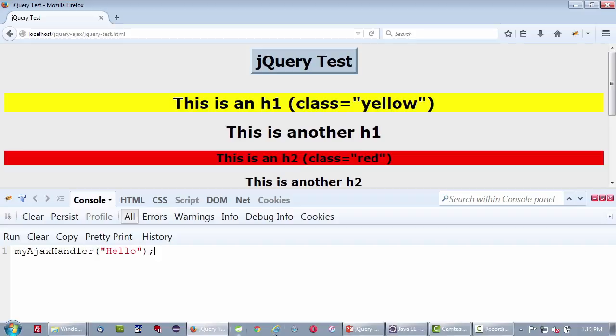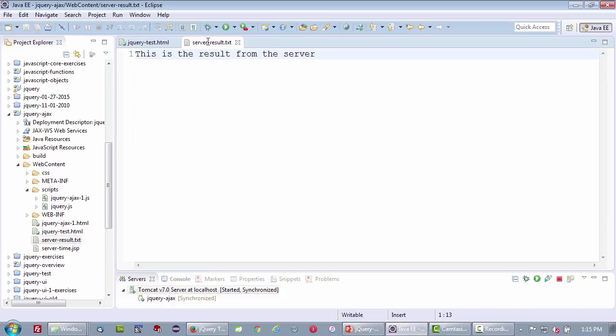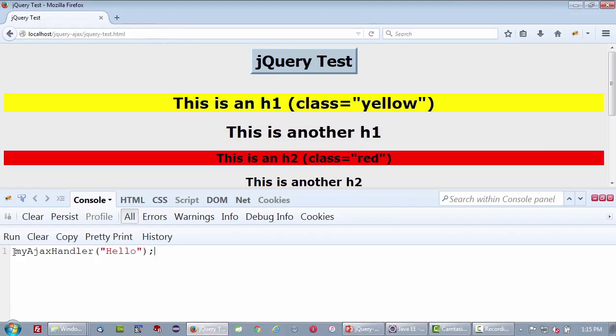And so remember, server-result.txt is the name of the resource on the server. So I'll say $.ajax, notice the dot, parentheses, curly brace. The URL, the relative address, is server-results.txt. And the success handler is the function we just wrote, My Ajax Handler. All right, and if this is successful, we will see a little dialog box at the top that shows the